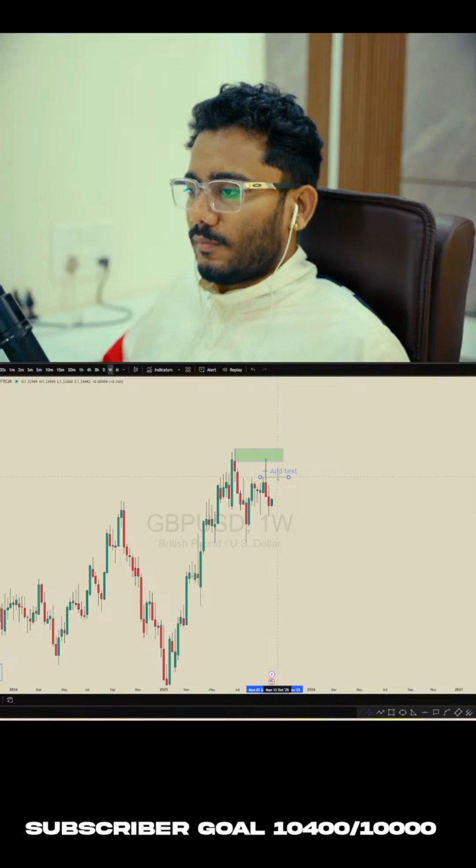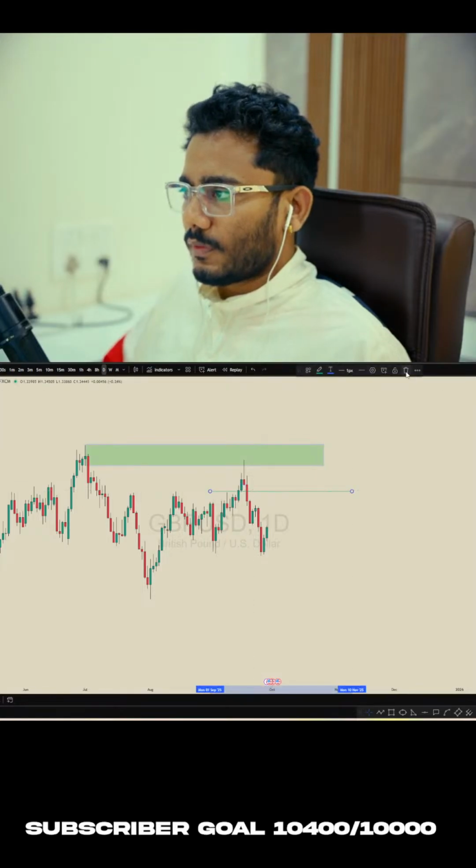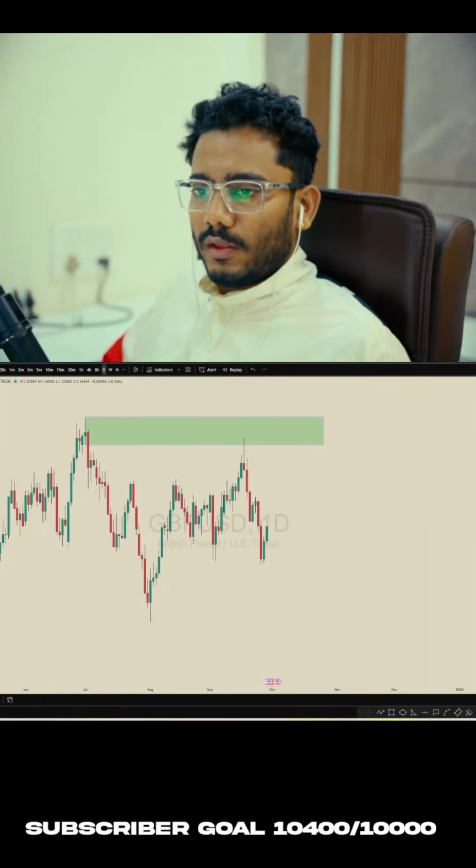So on weekly time frame, price took out this previous candle's high and then it started to go down from here. So right now we have this